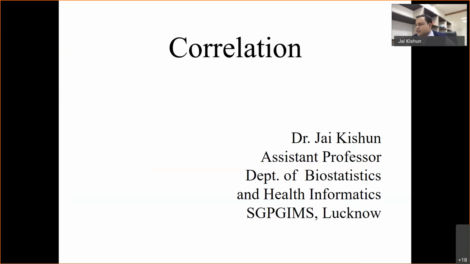So here basically in correlation analysis we will read about the relationship between two variables. Means basically we will study here two or more variables. When you have two or more variables, then how will you go for the analysis? So in this scenario, first we will discuss the correlation analysis.